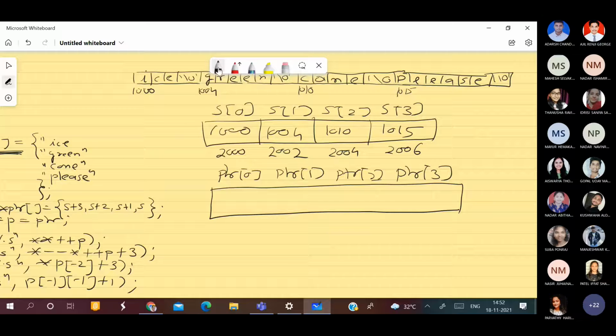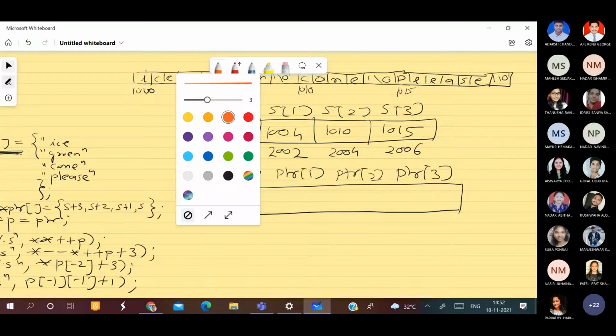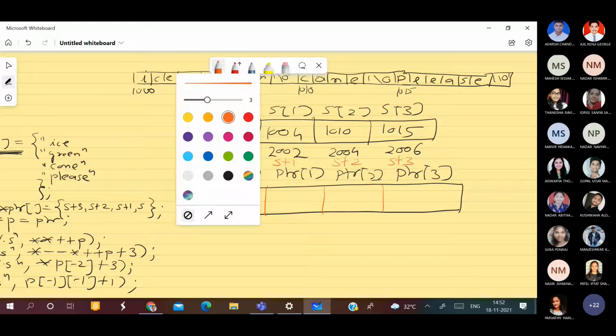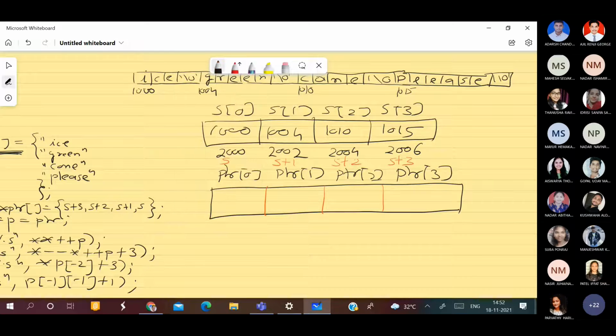Now, if you all remember, what is your S here? This is your S. S means 2000. S plus 1 means 2002. S plus 2 means 2004. And S plus 3 means 2006. Is that clear, students? If you remember your last time's program, right? S is what? 2000, an address.